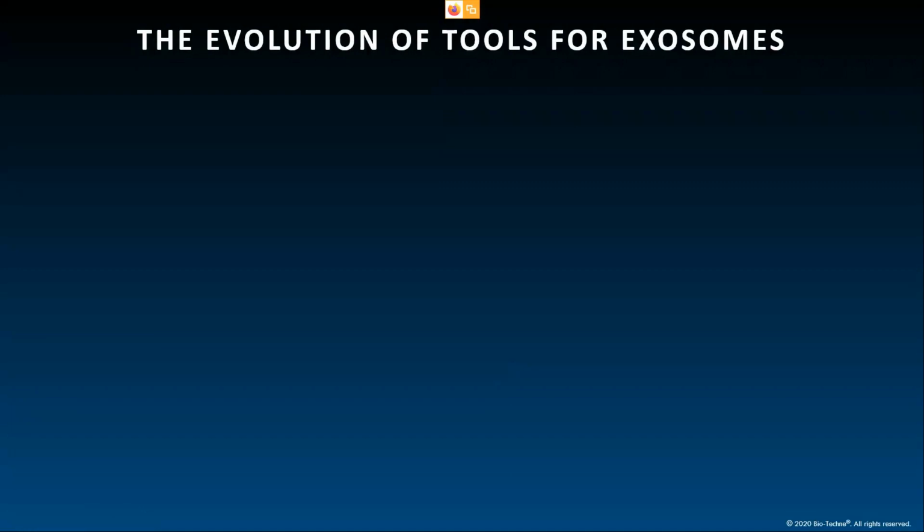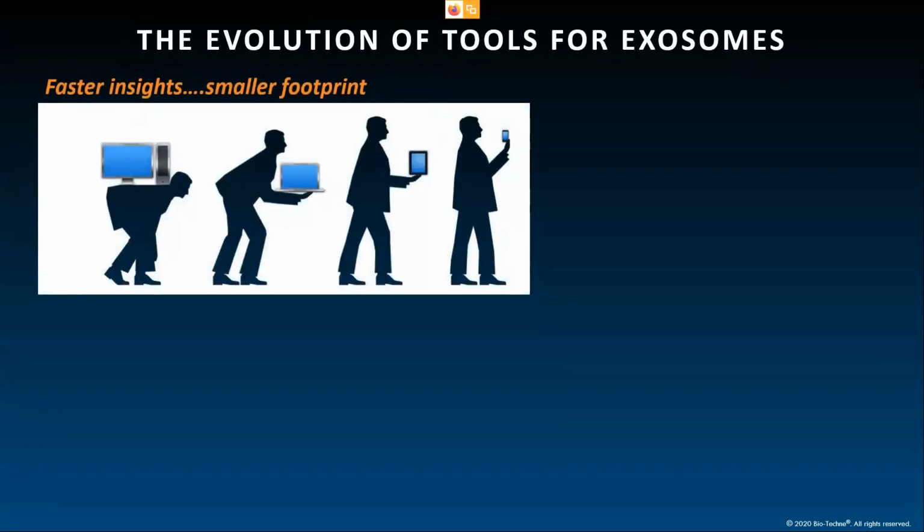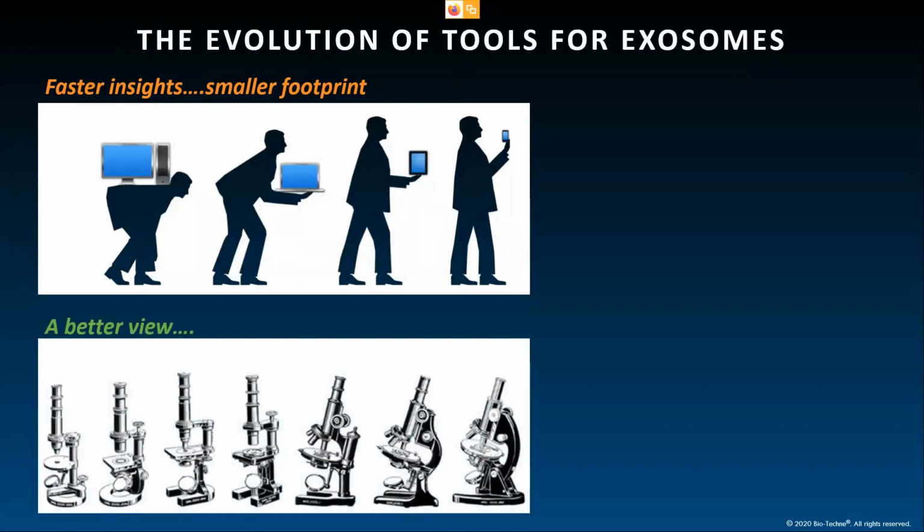Analytical tools are constantly evolving to adapt to the rapidly changing research and development landscape. Sometimes these changes are geared towards allowing the researcher to make faster insights, as is generally the case when using a smartphone today compared to a desktop computer from 20 years ago. And sometimes these changes are meant to help provide a better view, as has been the case of the evolution